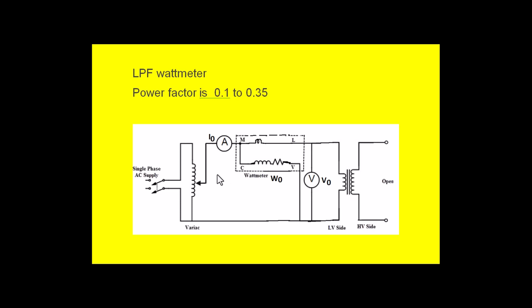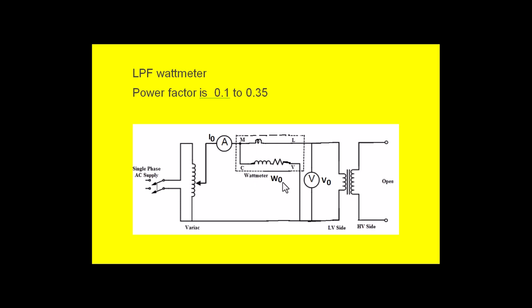So the procedure is like this. First, switch on the supply here and vary this variac such that the voltage applied across the primary winding, that is LV winding, is rated value, that is represented by V0 here. Until V0 is obtained, this variac point should be varied. Under that condition, note down the ammeter current, that is called no load current. Similarly, the wattmeter reading should be noted as W0, and this